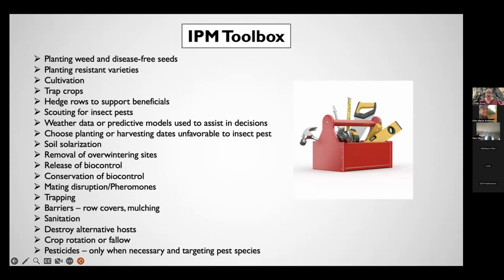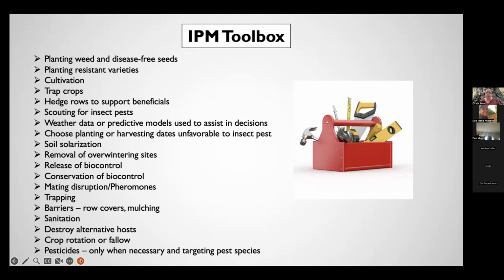Sometimes it's a modification of planting 2 weeks earlier, 2 weeks later, according to the insect pest life cycle. Soil solarization, removal of overwintering sites for the pest insects, release of biocontrol, conservation of biocontrol, mating disruption or pheromones, trapping of the insects, barriers or row covers, mulching to prevent pest access to the crop,